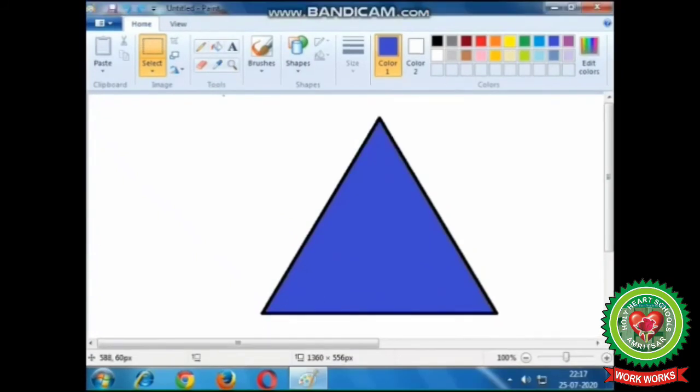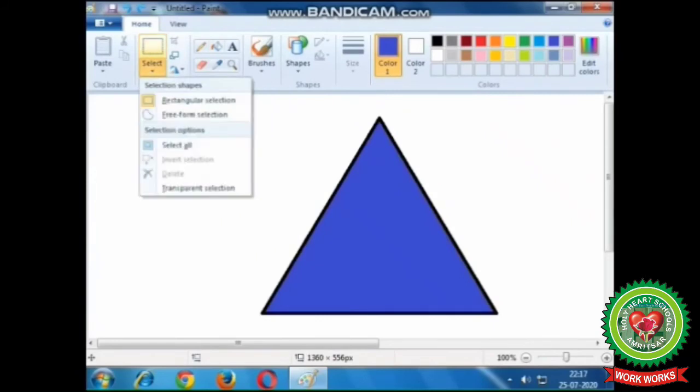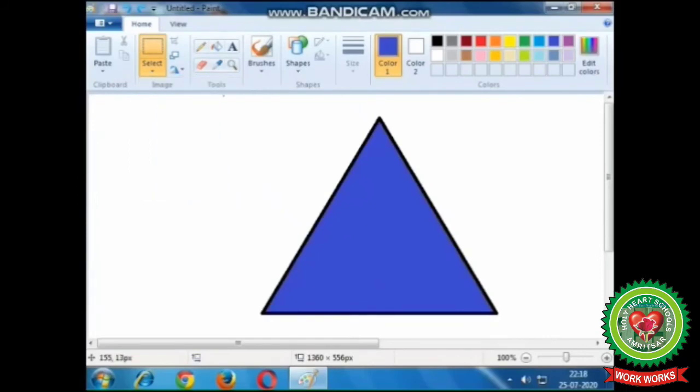Now children, let's discuss the second method to use delete command. Again, select any part of the drawing using rectangular selection tool. Like here, I am going to select right corner of the triangle.